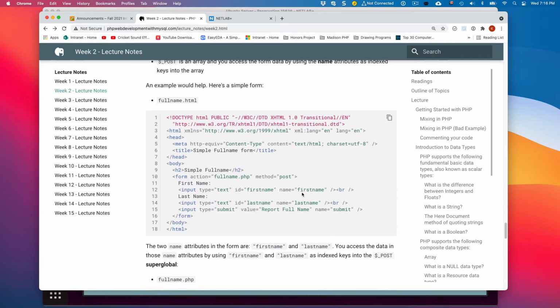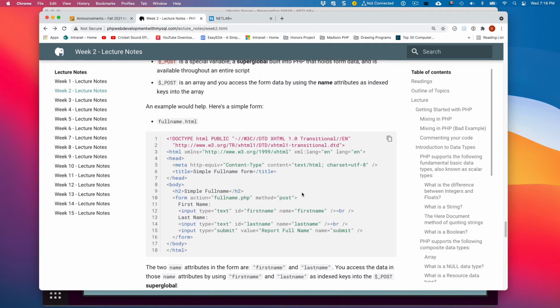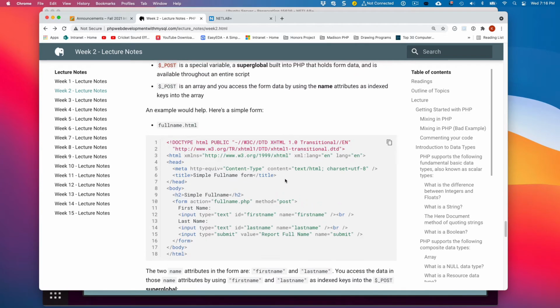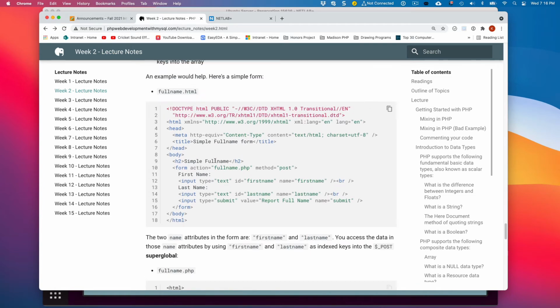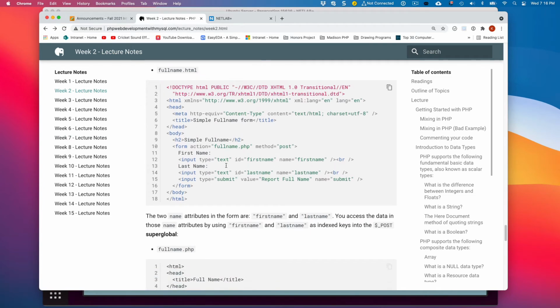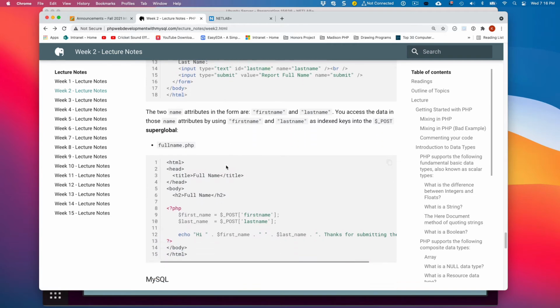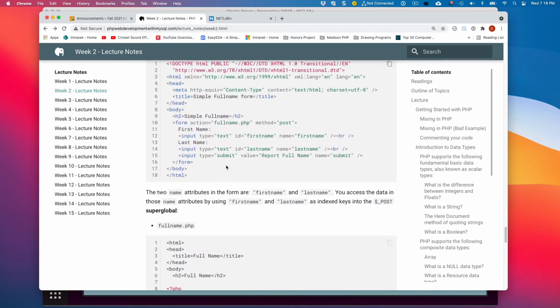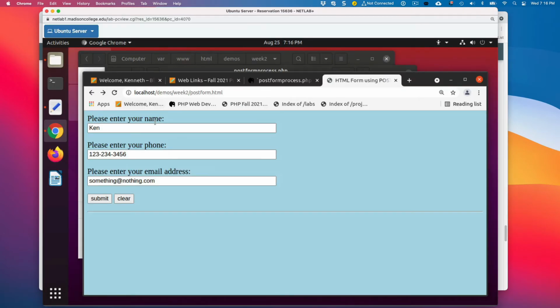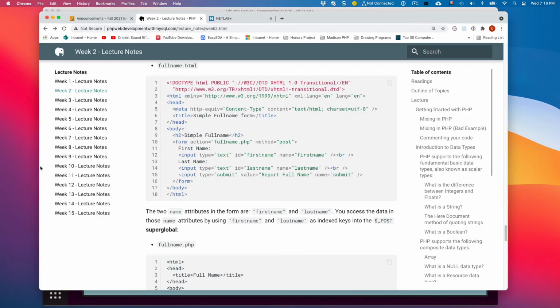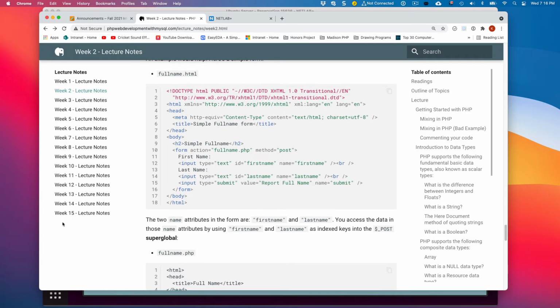I'm going to go ahead and I want you to actually use this particular example as well, because we're going to do a little activity. So let's just create this form. This is essentially what we just did, but I'll make it super simple here. So let's go back to our, what are we calling this? We're calling it full name. Yep, okay, we'll call it full name.